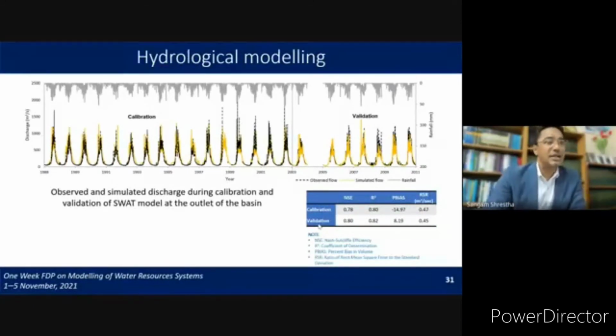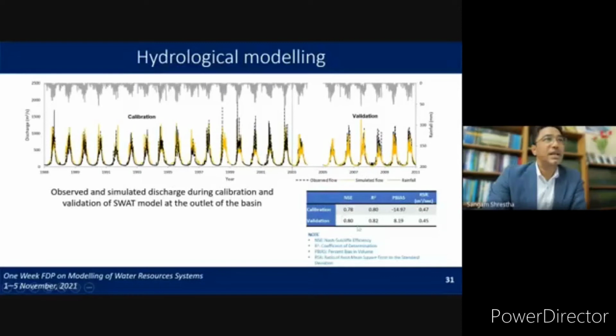The statistical indicators are Nash-Sutcliffe efficiency, coefficient of determination, percentage bias in the volume, and also the ratio of the root mean square error to the standard deviation, right? So we have used these 4 indicators to see the performance of the SWAT model in simulating the flow. And you can see here,